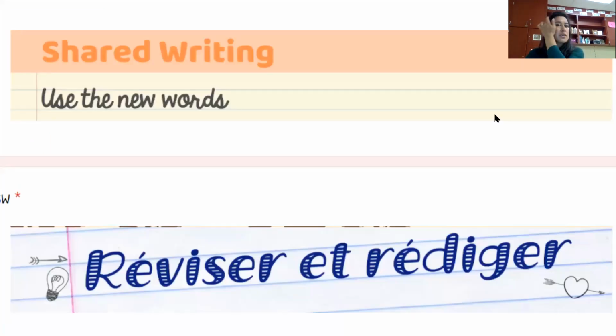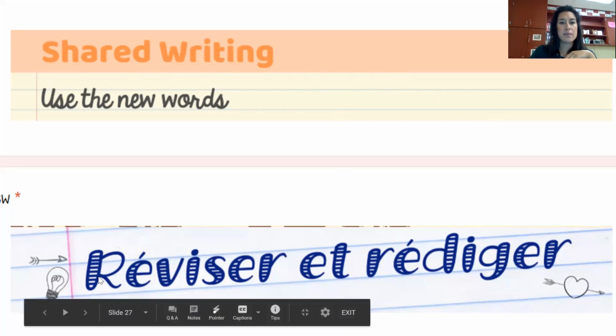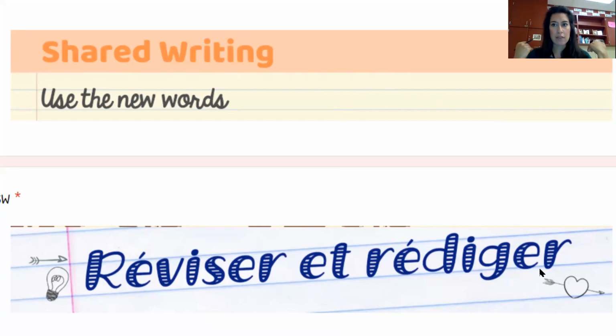Okay, so now you come back to this. We're going to move on to the next part of this section, which says shared writing. I'm going to be typing up today a summary of what we've been learning. And then in this box here, where it says réviser et rédiger, you are typing what I write into that box, exactly as it is, accents, everything. So at this point, you should be really trying to get the accents in there, looking at my video, which explains how to put accents in. If you're still struggling at this point, don't worry, but you need to be trying to do that soon, within the next month.